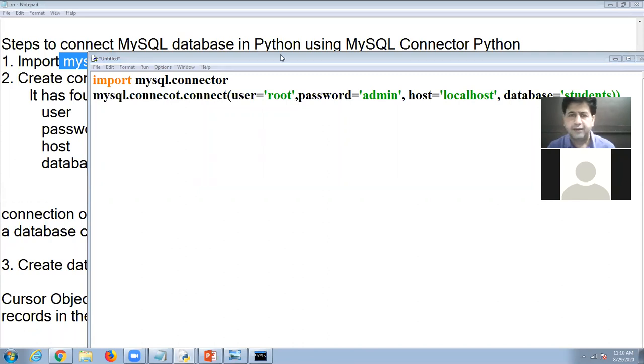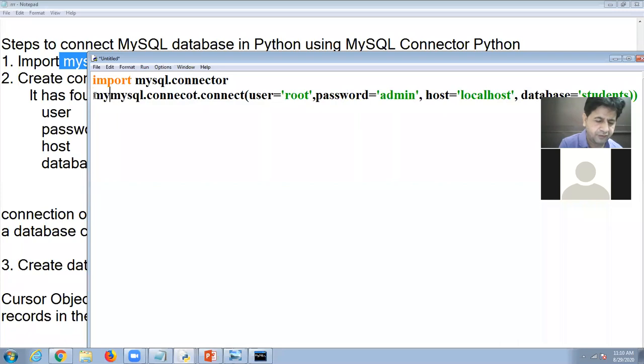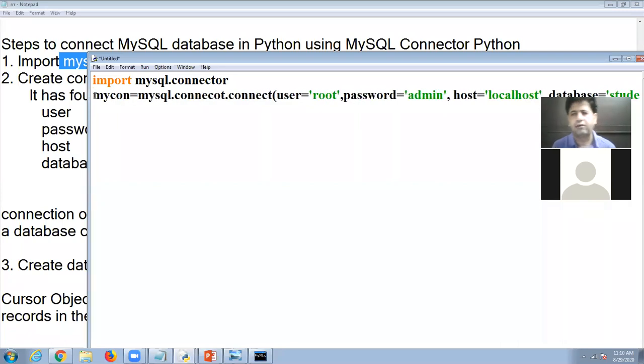I will have to declare one connection object. The connection object will represent this connection. So I am going to take here one variable, one identifier, mycon. It is a variable. It is called the connection object.